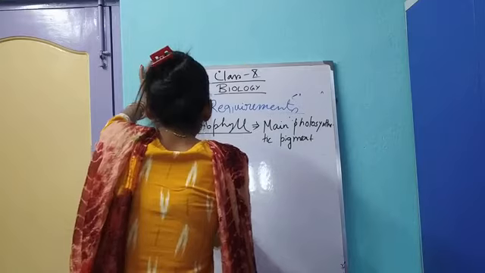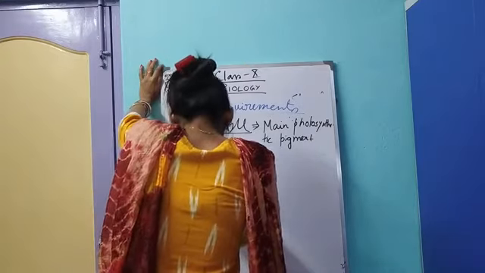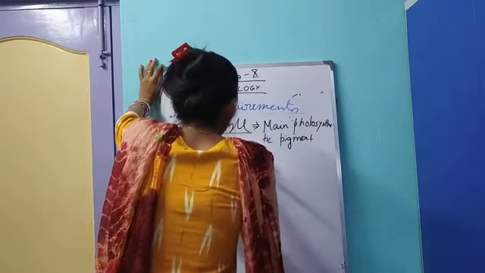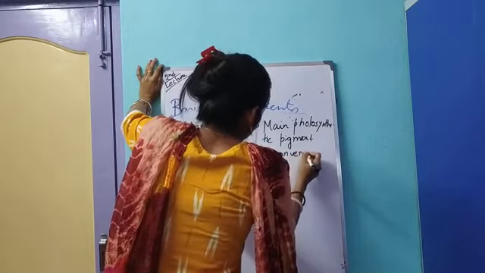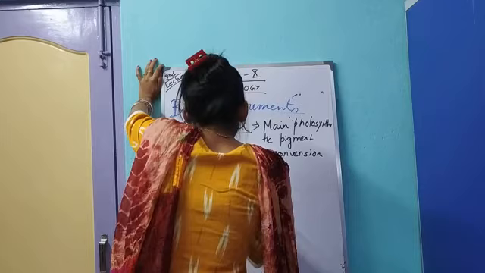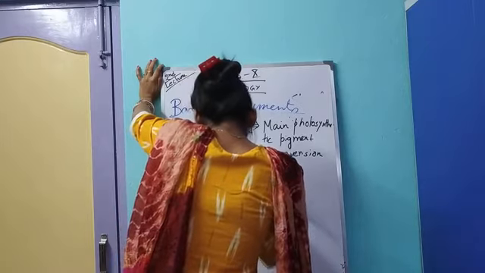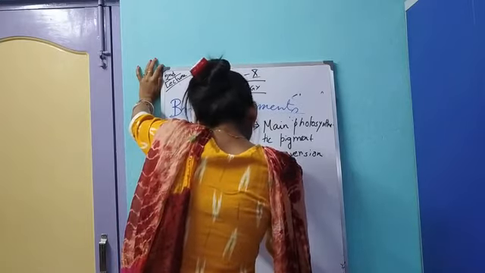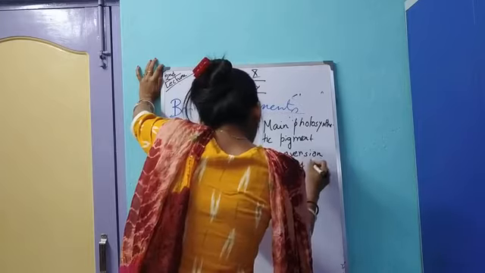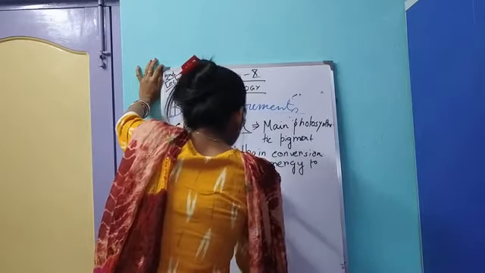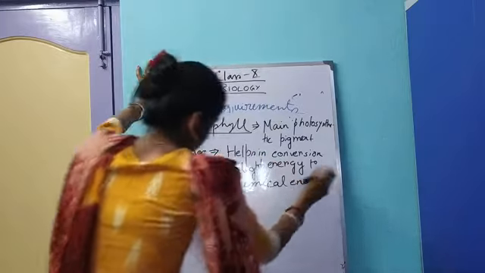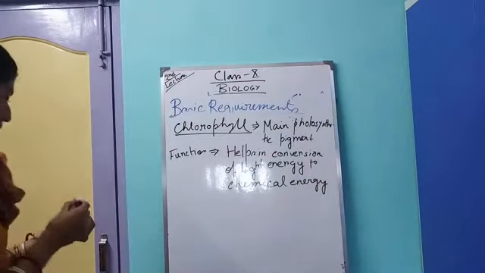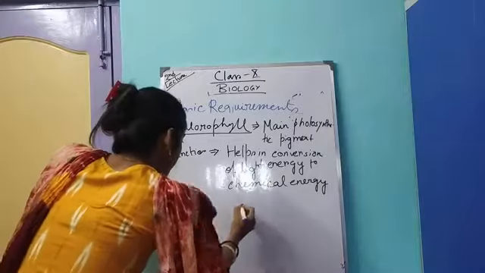Function: it helps in the conversion of light energy to chemical energy. If we draw a structure of chloroplast,